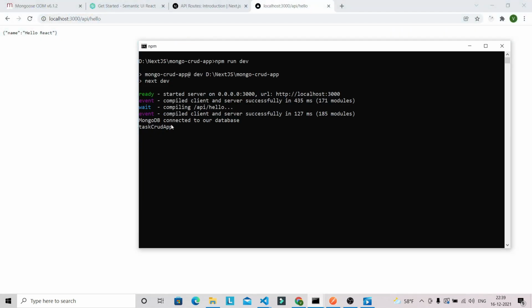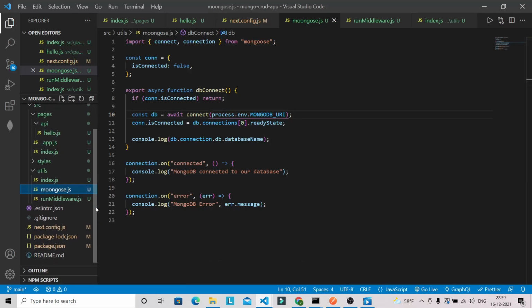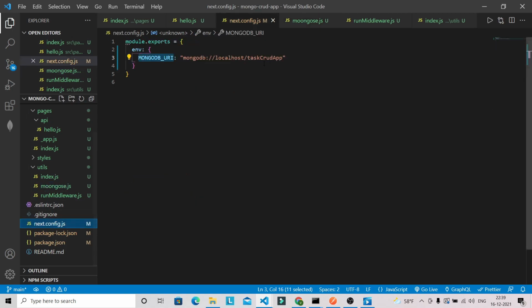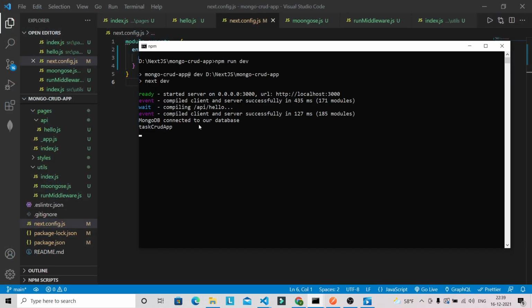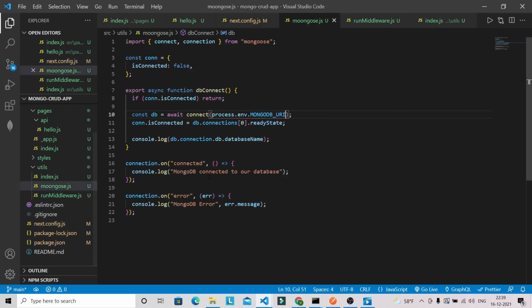So now you can see that we have got this message like MongoDB connected to our database, and this is the database that we have given in our next.config.js file. So as you can see, this is the DB name that is displaying here in our console. Okay, and this is the message that is displaying from here, mongoose.js file. So we have successfully established a connection with our MongoDB, and we have created the database in our Mongo.